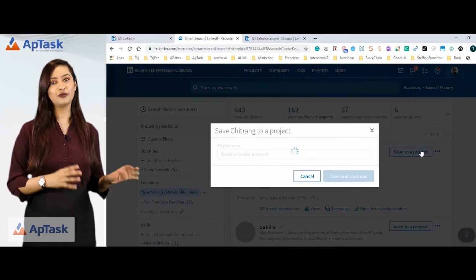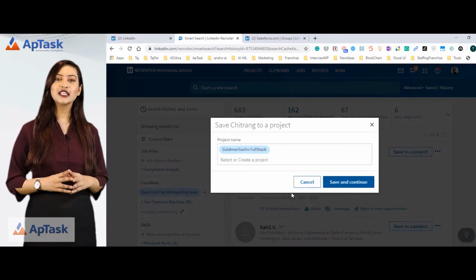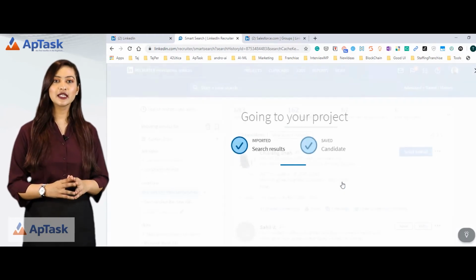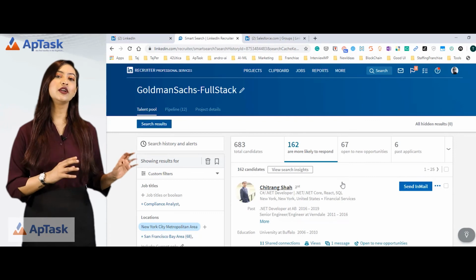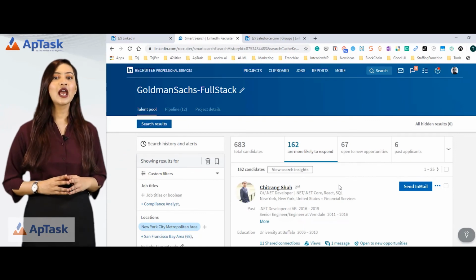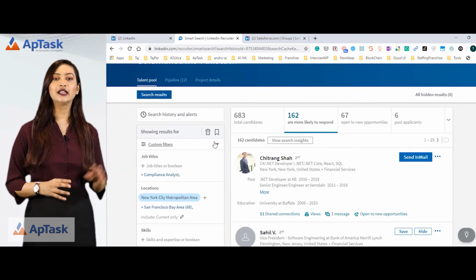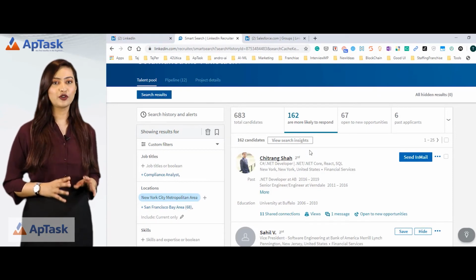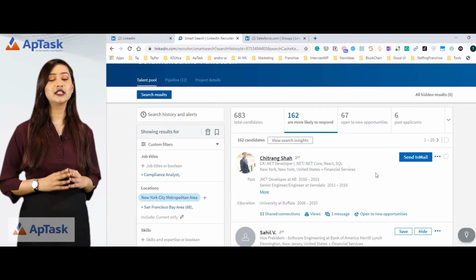This is saved to the project. I am just saving this person for the project. Now, when I do this, it is saving my search also into the project. Now I get this icon, Save Search. Until I save one person to the project, it's not going to show you this icon.